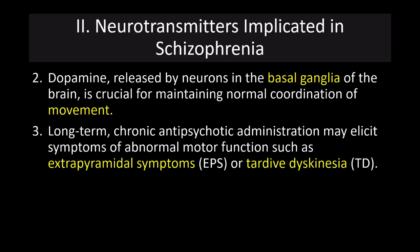We also know that long-term chronic antipsychotic administration can elicit symptoms of abnormal motor functioning, which include extrapyramidal symptoms and tardive dyskinesia. These extrapyramidal symptoms can include things like tremors, what we call pseudo-Parkinsonism, sort of shuffling along, inability to control movement as well, or tardive dyskinesia, which is a severe disruption in muscle functioning, which can include things like facial dystonia, which is sort of a grimacing facial affect as a result of these